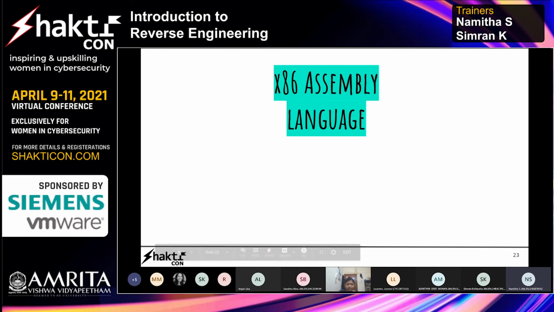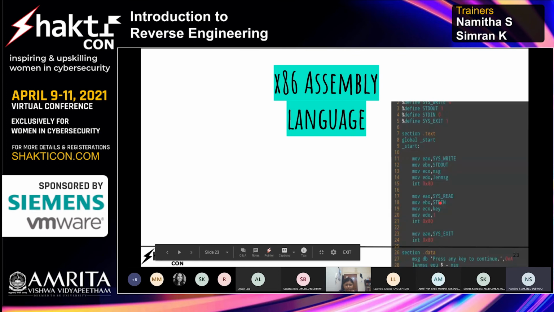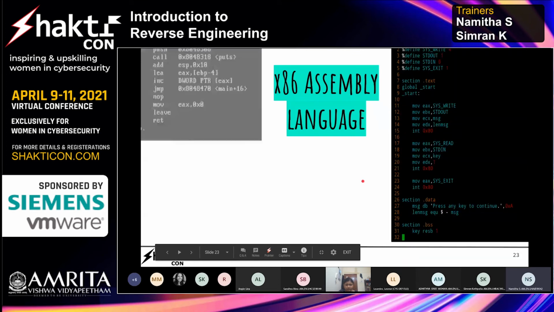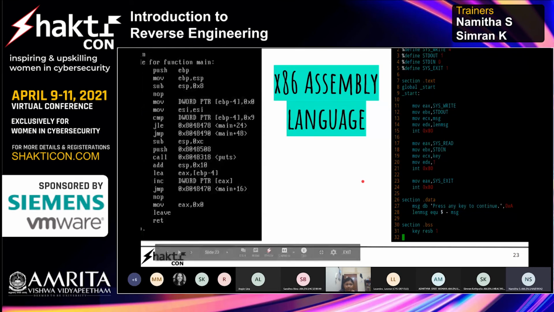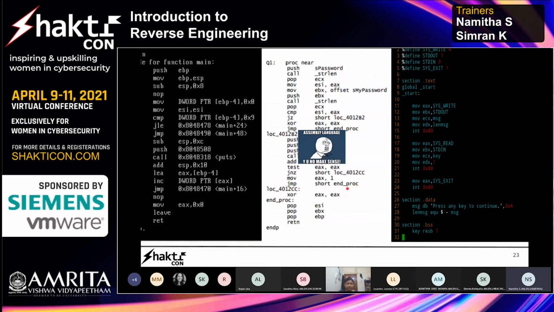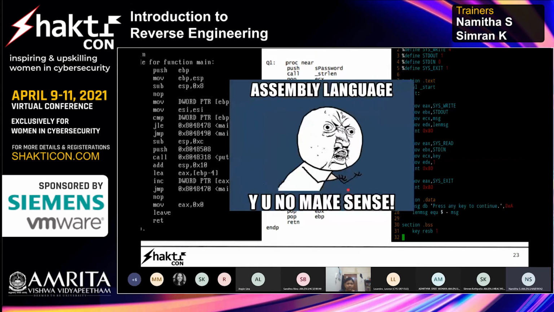So we just came across all the different types of registers, but we don't actually know how to go through assembly code. You might have seen this kind of code maybe in a CTF competition, or if you have gone through some details about assembly language. As a beginner, it probably won't make much sense.